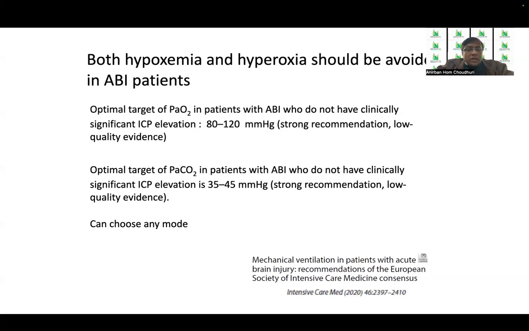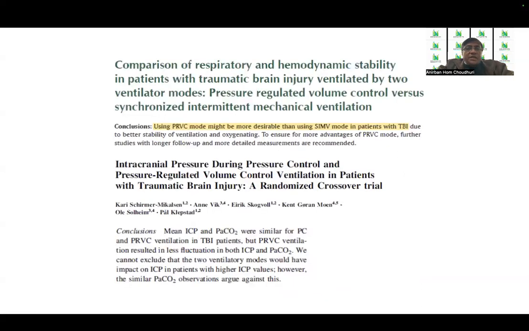Regarding the choice of mode, one can go for any mode as per the European Society of Intensive Care Medicine Consensus Declaration of 2020. But if we scroll carefully into the literature, we find that there has been comparison of the modes, particularly pressure regulated volume control versus SIMV, where it has been seen that using PRVC mode might be more desirable than SIMV mode in patients with traumatic brain injury due to better stability